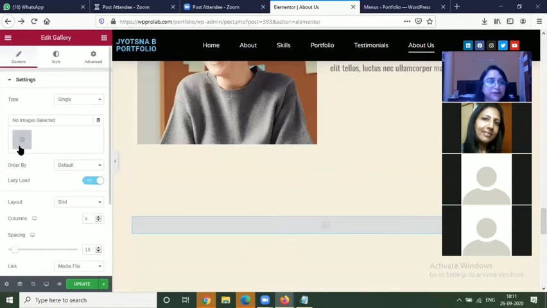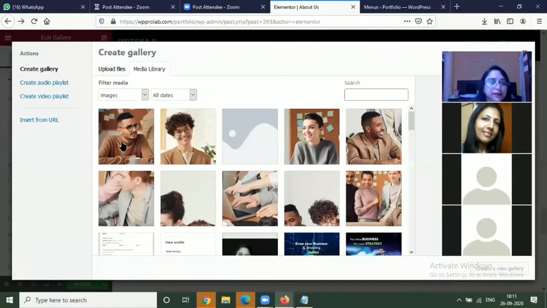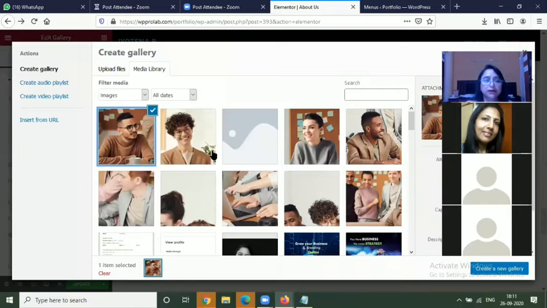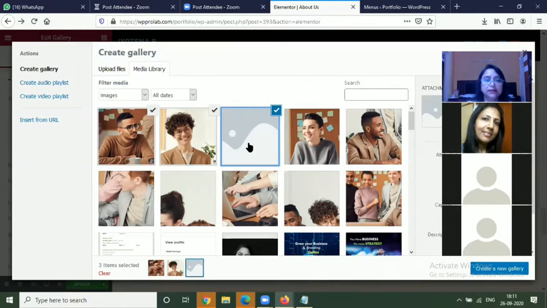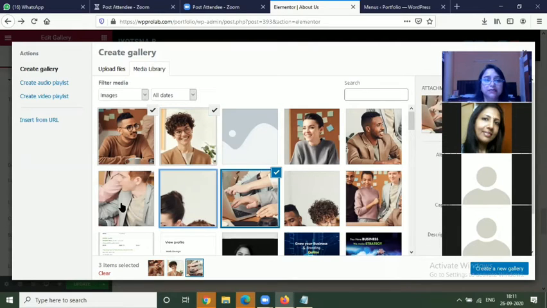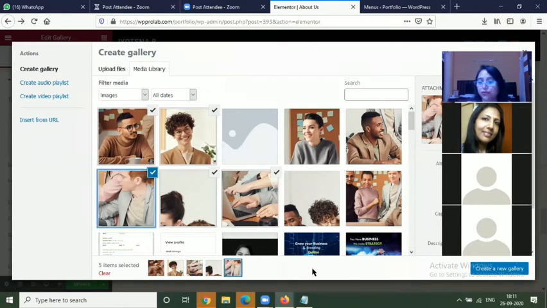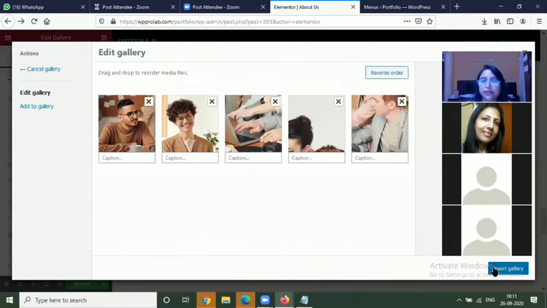From here we can select the images. Elementor is saying that there is no image. Click it. I want to put these images, however many images we want. Suppose these are the images I want to insert in a gallery. Create a new gallery. Insert gallery.